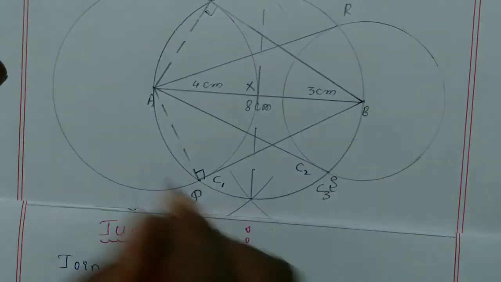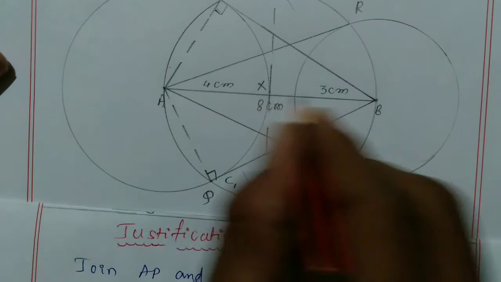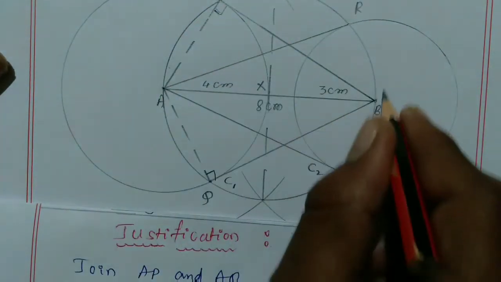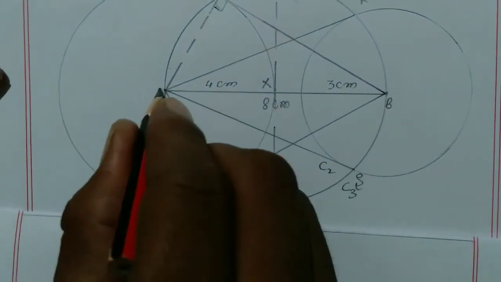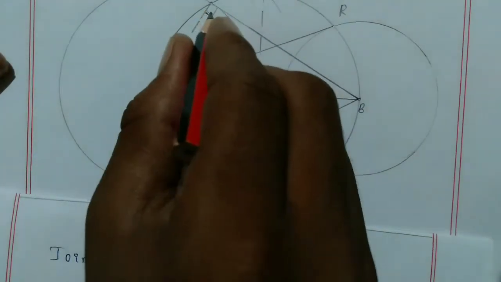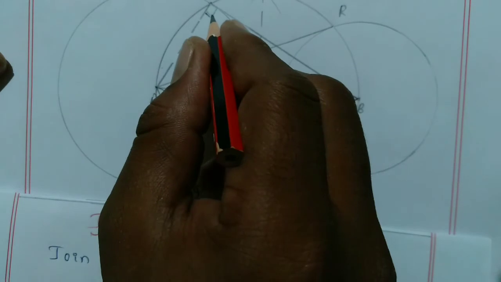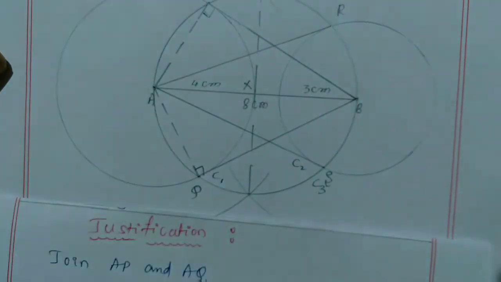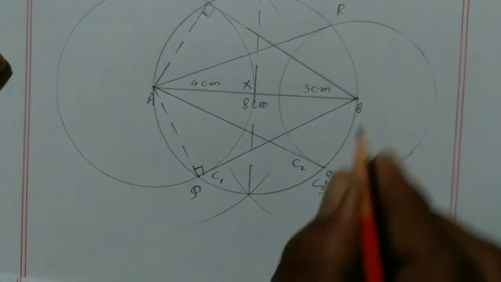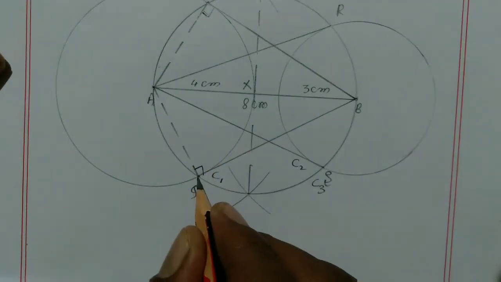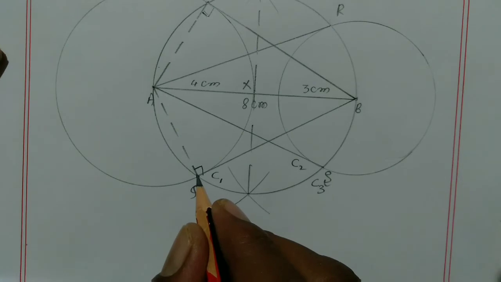This is the C3 circle and this is a semicircle. In this semicircle we are getting one angle. So we know that angle in a semicircle is always a right angle. Similarly, this is also a semicircle. In the semicircle one angle is there. So we know that angle in a semicircle is always 90 degree, that is, a right angle.